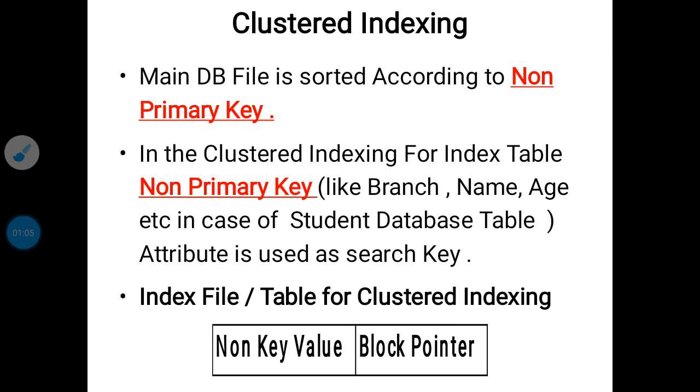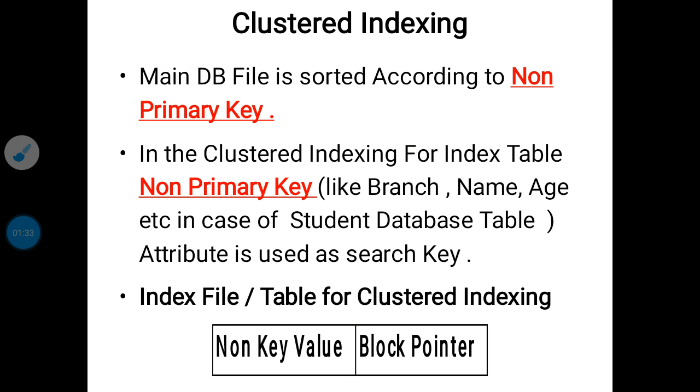We already discussed what the primary key and the non-primary key are. In the case of a student database, student ID and student mobile number are considered primary keys, and student age, student name, student surname are considered non-prime key attributes.